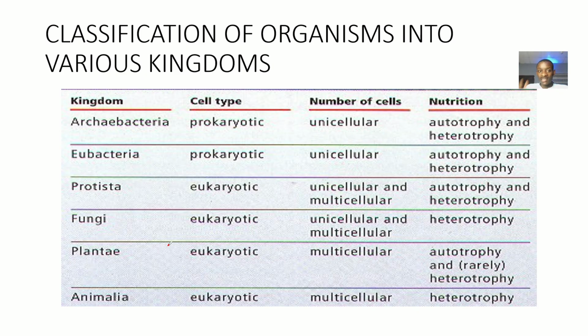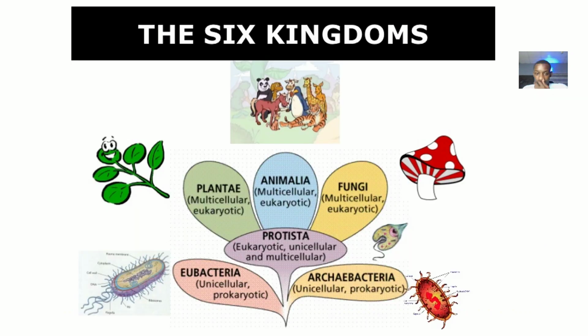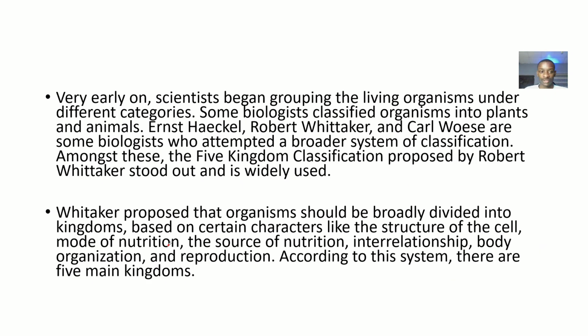I think this is the in-depth one. This is the beautiful diagram that we'll be looking at, but let's have some introduction. So very early on, scientists began grouping living organisms under different categories. Some biologists classified organisms into plants and animals. People like Ernst Haeckel, Robert Whittaker, and Carl Woese are some of the biologists who attempted a broader system